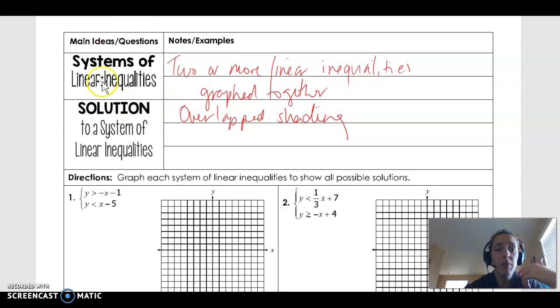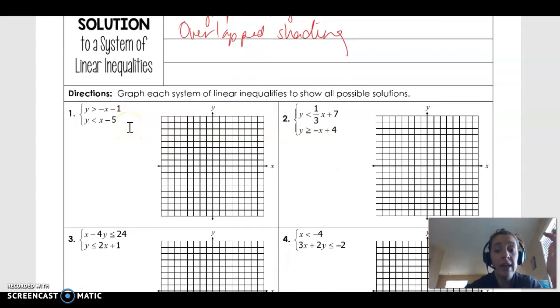So the first step is we always want to, again, get them in slope-intercept form. And in this case, that's been done for us. So now I can go ahead and graph those. So this top one, I'm going to do in blue. So it tells me that y is greater than negative x minus 1. So that is going to be a dotted line because it does not have that equal to, and it's going to be shaded above. So now I can go ahead and graph that y-intercept, which is at a negative 1,